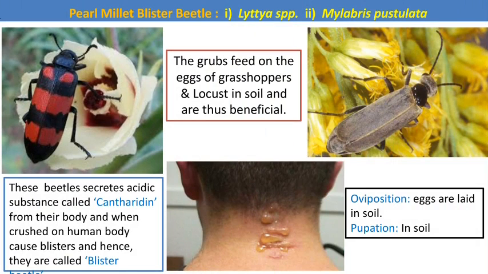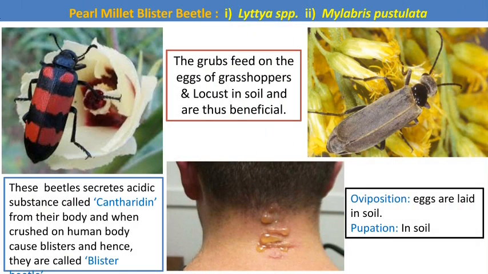Then this is the blister beetle. Mostly it feeds on the bajra crop. There are two species, Epicauta species and Mylabris pustulata. The grub of the blister beetle is beneficial because it feeds on the eggs of the grasshopper and locust in the soil, and the beetle also produces a chemical called cantharidin. That chemical is nothing but